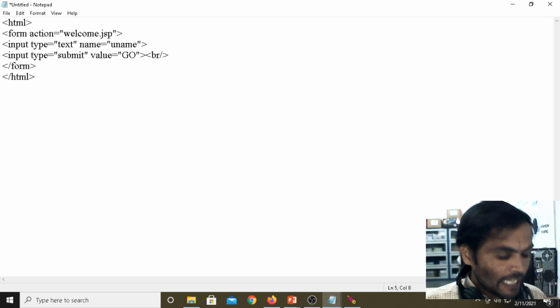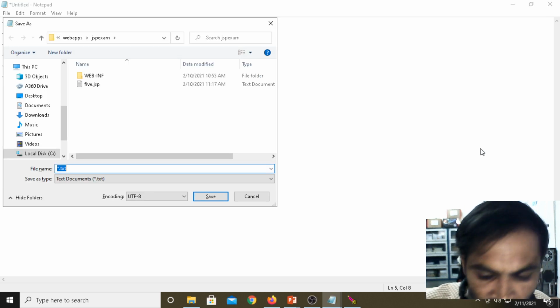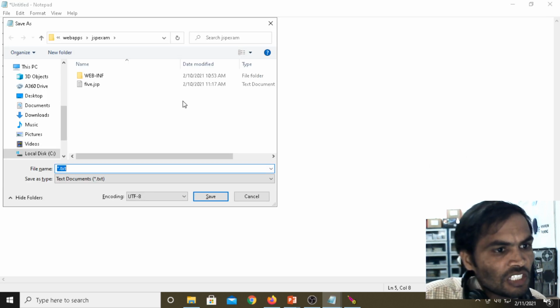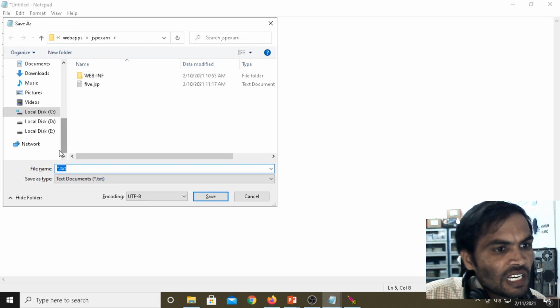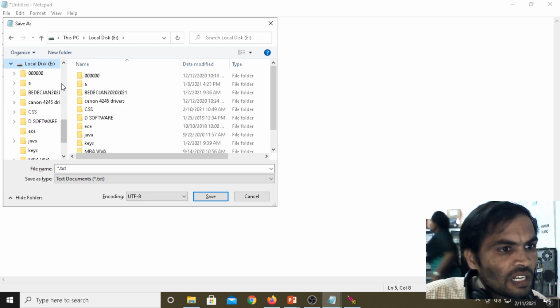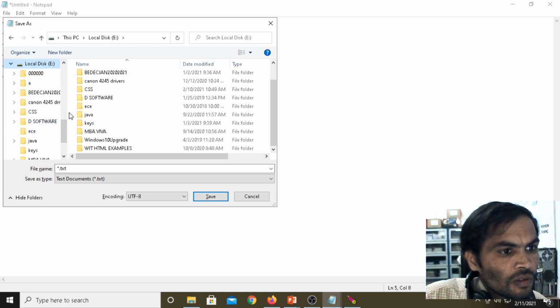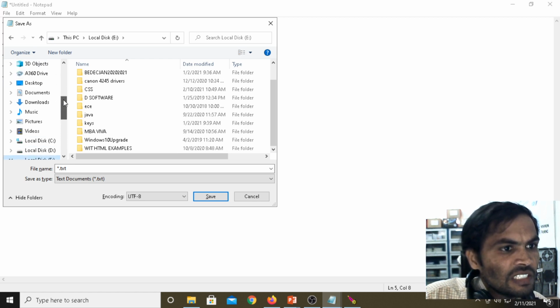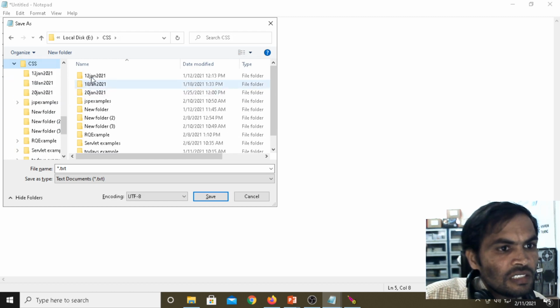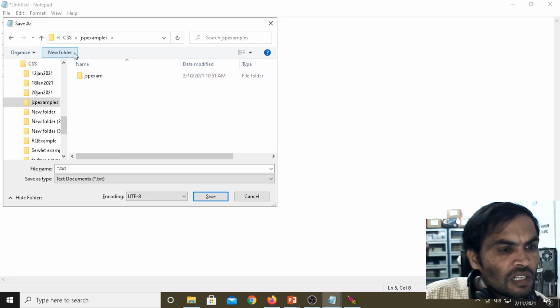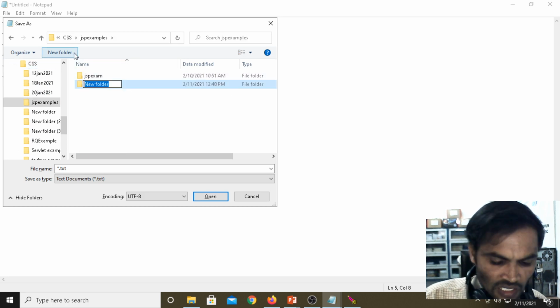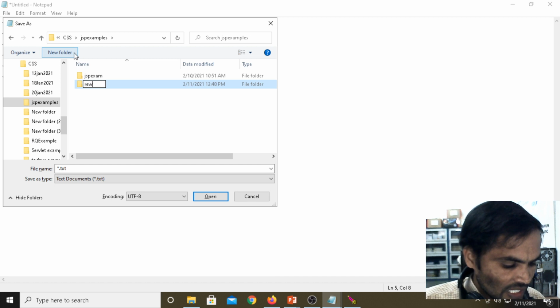Now I want to create the directory structure for this application. I am creating it under E, where we already have CSS. Under the CSS JSP, we create the folder response.